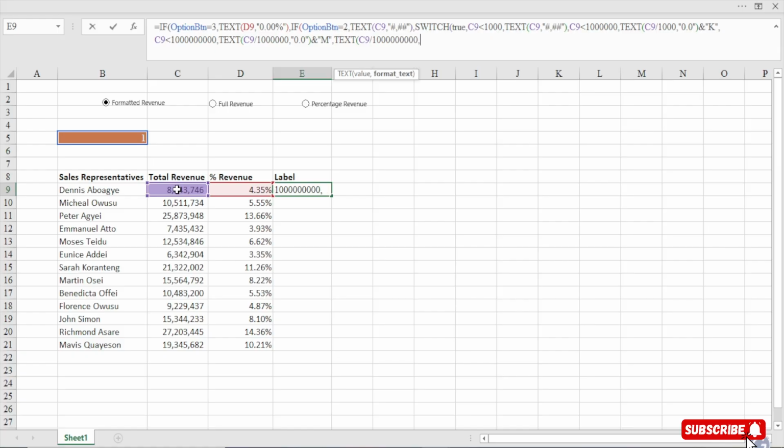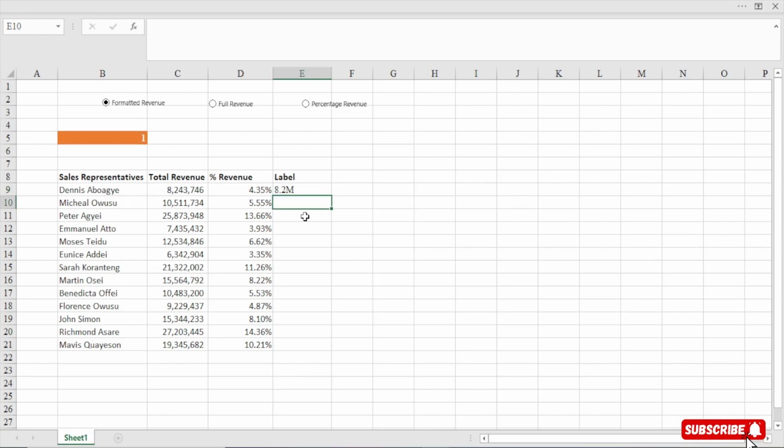Perfect. Comma, and then we format it: 0.0, close the double quote, close the bracket, and then we concatenate it with our B, to say this is billion. Although our number is not going to run into billion, should it run into billion, we have a function to cover that. So we close it, and when we hit enter, see what is going to happen here.